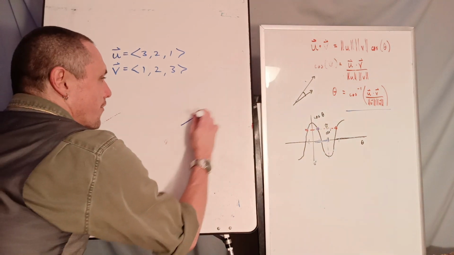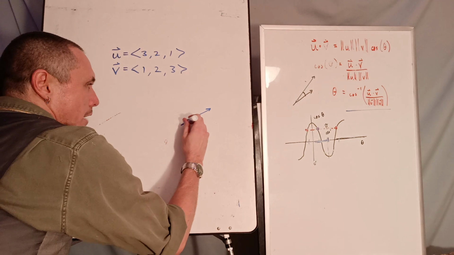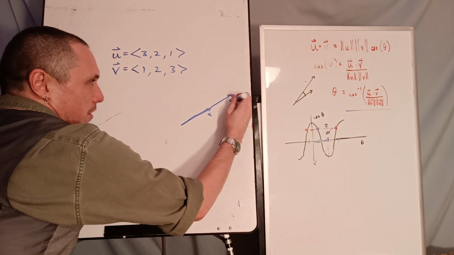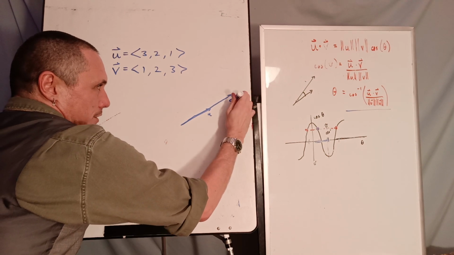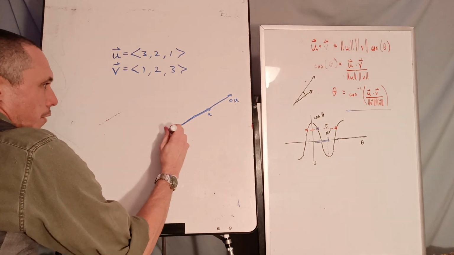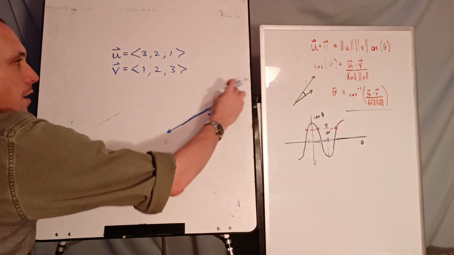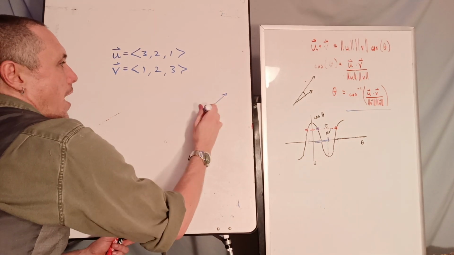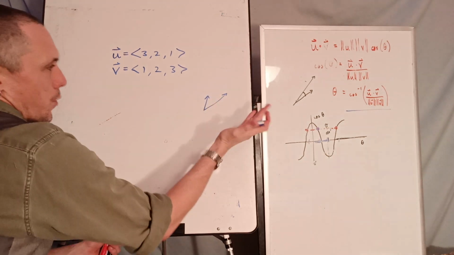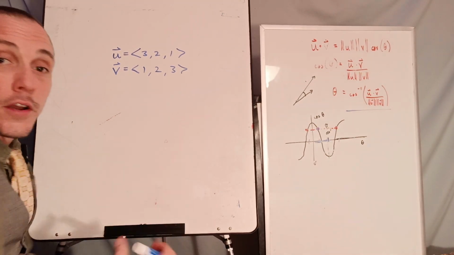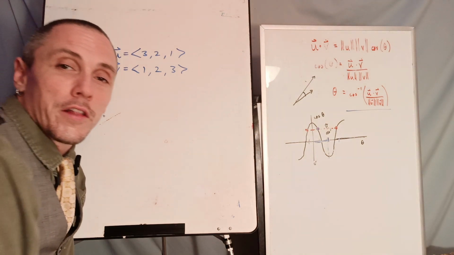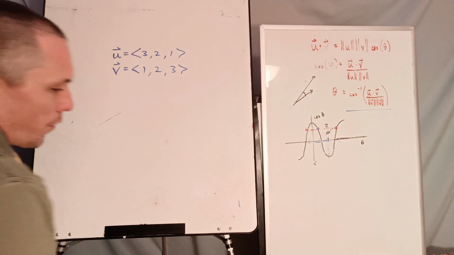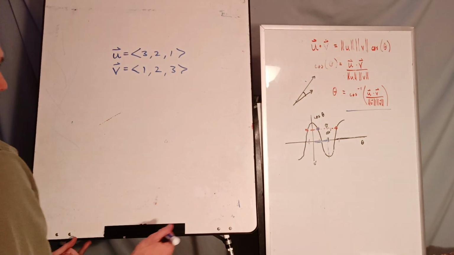If you have a vector, the only way that you are along the same line as that vector is if this is some constant multiple times your vector, even if you're going in the other direction. If it's not equal to a constant multiple, then you are not going to be parallel. They might be orthogonal, but they're not going to be parallel, so they're going to span a plane. We're going to be able to measure an angle in it. So calculating the dot product of these two